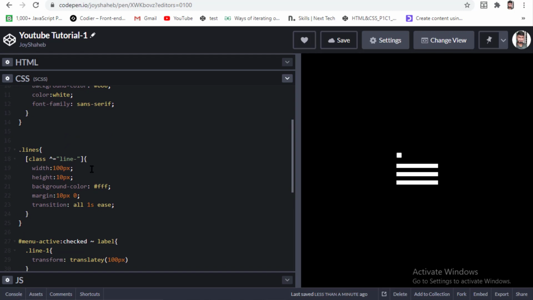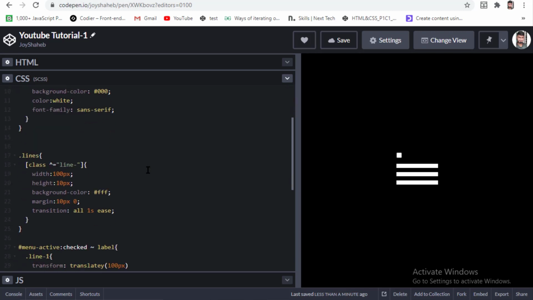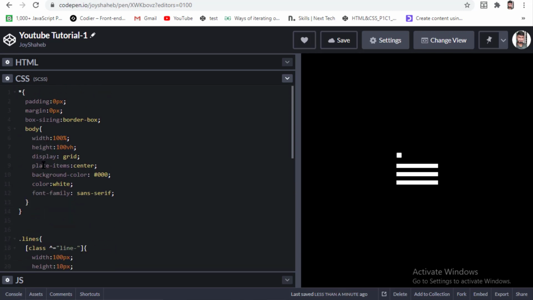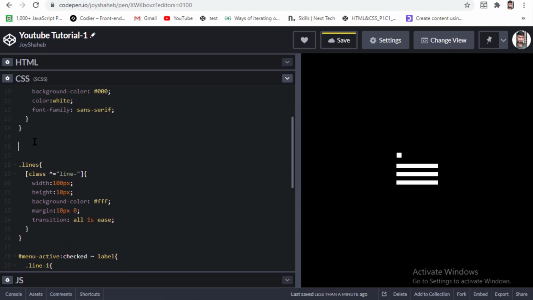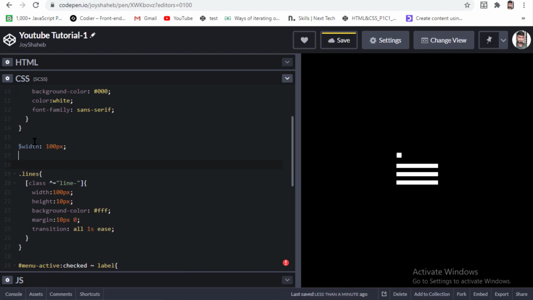Let's look at our code over here. When we put the value of the width and height over here, and then when we need to change the value, we have to physically search through the entire document. But instead of doing this hard work, we can do it the easy way. We can come at the top of our page, and here we can set variables. SASS gives us opportunities to create variables. We can write $width, and then set it to 100 pixels. And $height,